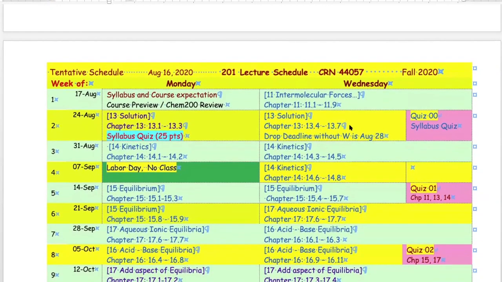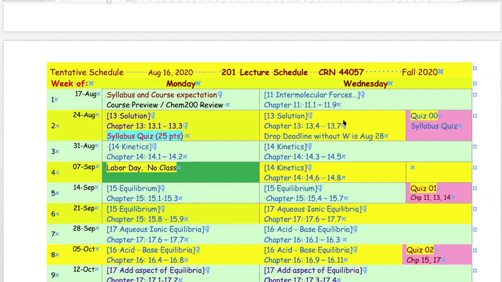Going back to the schedule, after solution chemistry, which is really important that you know how to do calculations, we also do a solution exercise in lab so that it will be ingrained how to do these calculations. We do kinetics. Kinetics, equilibrium, thermodynamics, and the other topics covered in this class tell you a story about how reactions come together, the physical process of reaction. Like I said, that's why I like Chem 201.